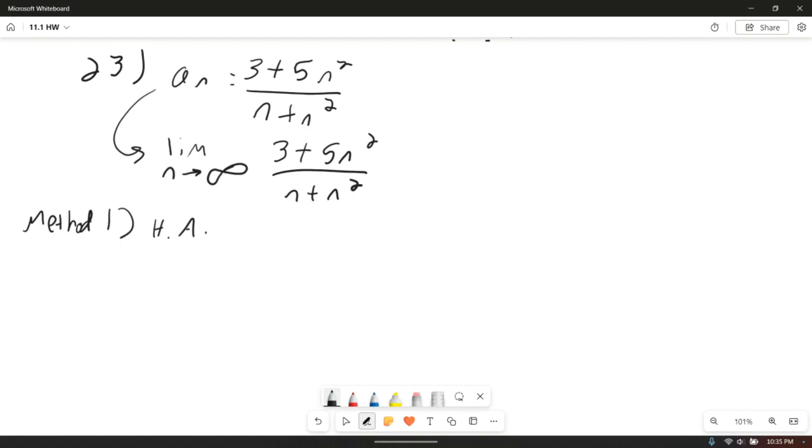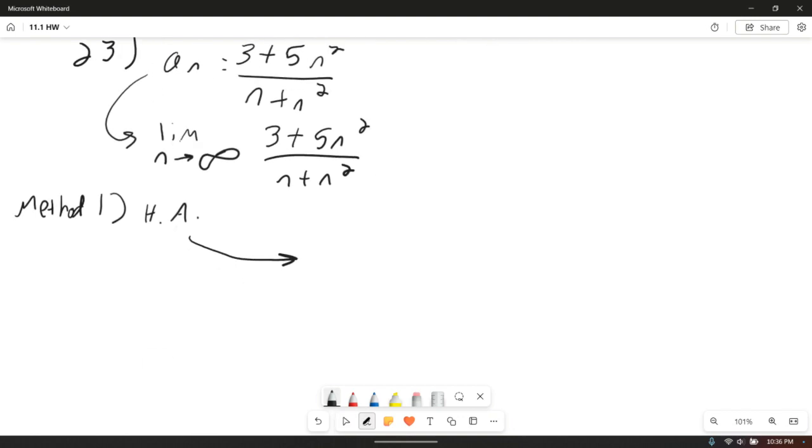If you remember from limits at infinity, your function is just going to go towards your horizontal asymptote as you go to the right, and as you go to the left, for most functions. So for this one, for 5n squared plus 3 over n squared plus n, the highest degree of the numerator is 2. The highest degree of the denominator is 2. So for that one, the horizontal asymptote is going to be at